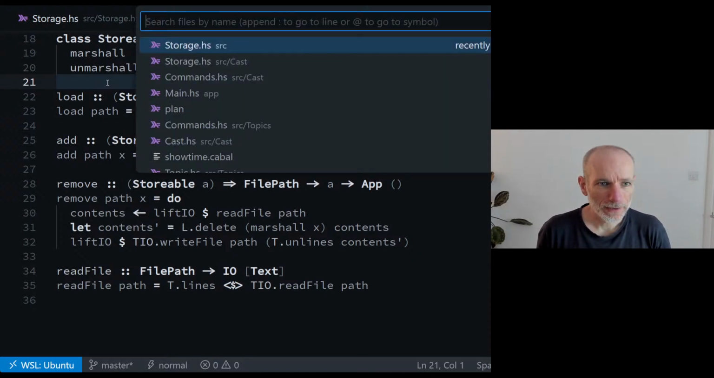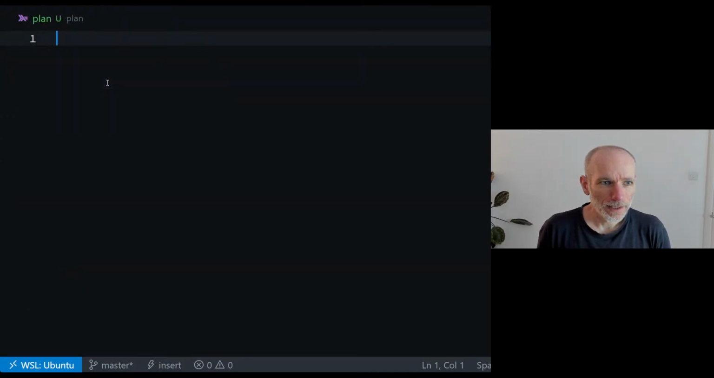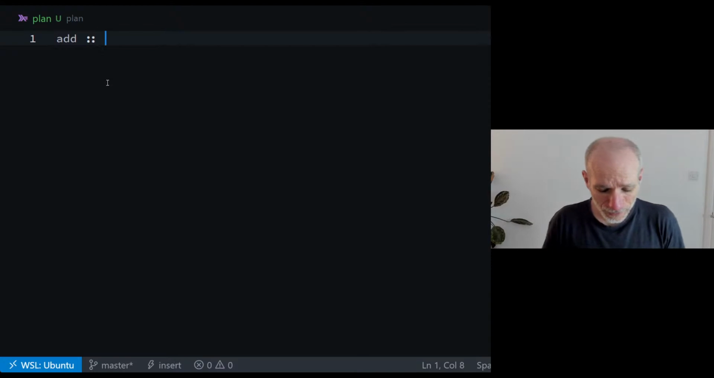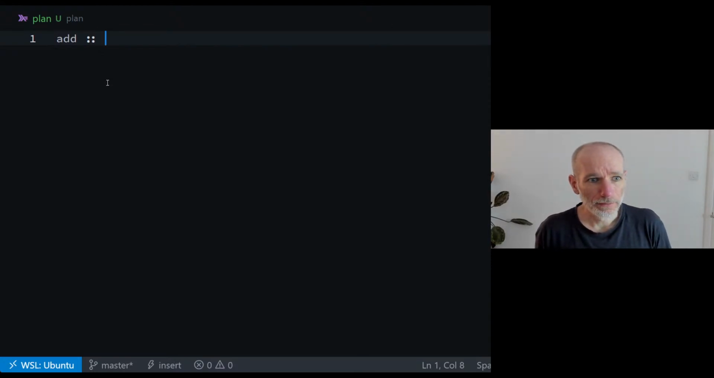Actually, let me just sketch this out. What I'm thinking is we have a function called store host. Sorry, it would just be store. In fact, it'd probably just be add. Let's call it add, and it would want some kind of